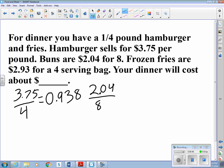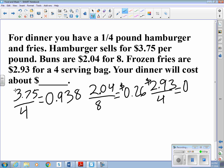$2.04 for 8. That means each one is 26 cents. And we have frozen potatoes for $2.93, and it serves 4 people. So if I eat a typical serving, that will be 0.73. And let's go ahead and use one more digit. So about 73 cents. If I add all those up, I get